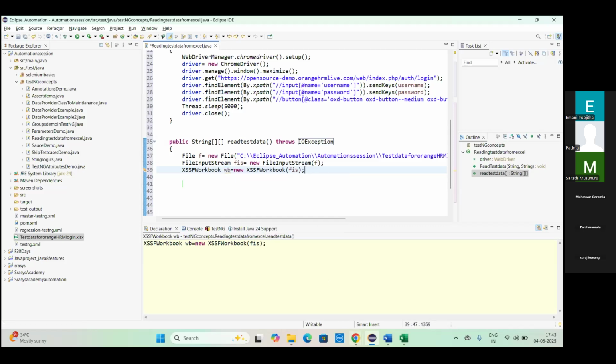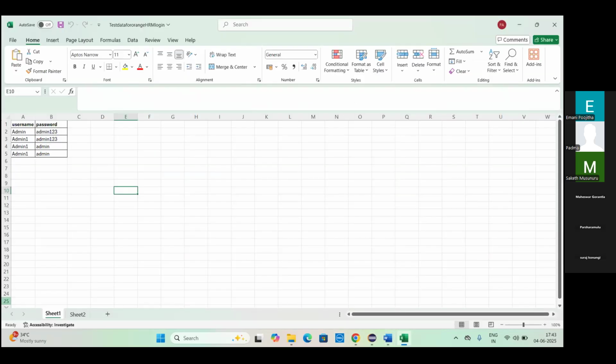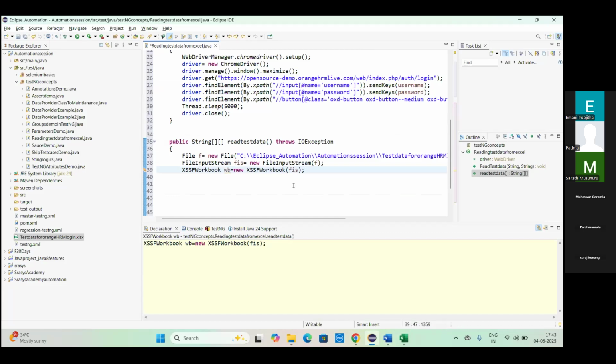Now from the workbook, I want to read the sheet. I want to read sheet one. How to read? Observe. For that we have XSSFSheet. Now this sheet is present where? Under the workbook, right? Under the workbook, right? So